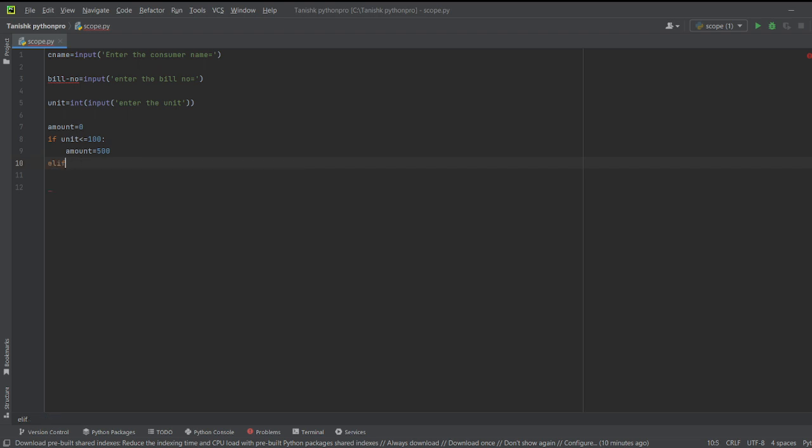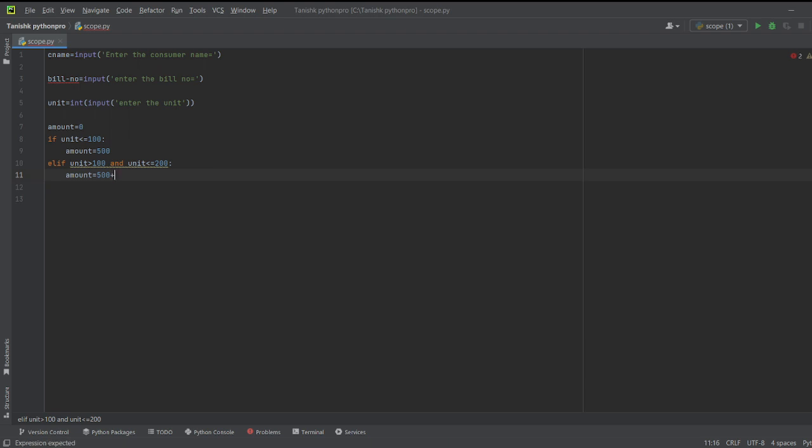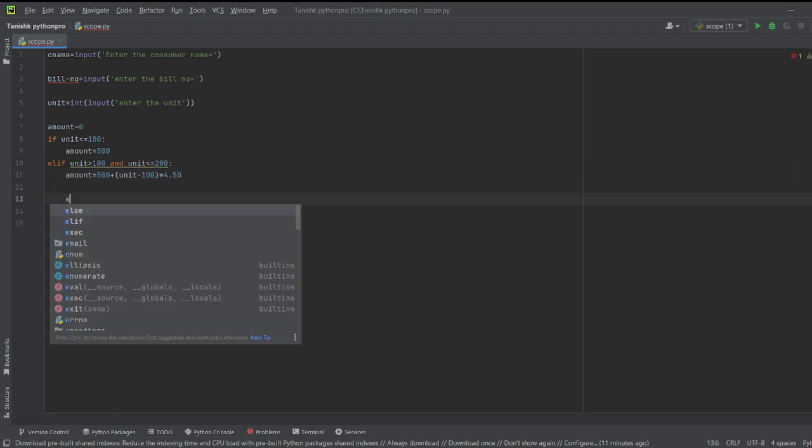And now elif unit is greater than 100 and unit is less than or equal to 200, amount is equal to 500 plus unit minus 100, and now into 4.50. So we have next line, elif